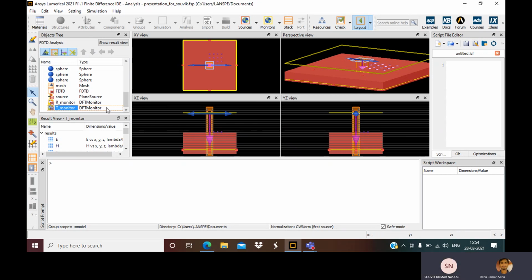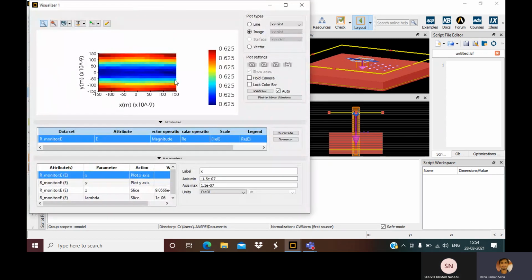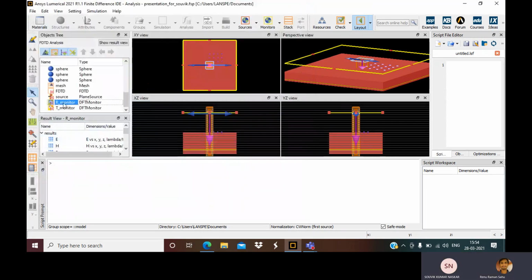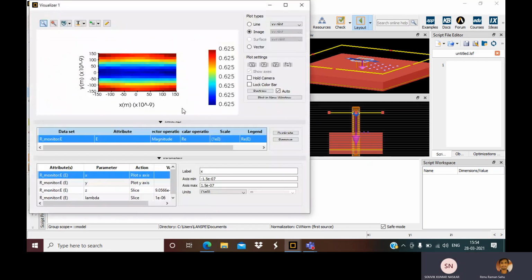Then you can visualize the electric field plot. Just right click here. Last time we saw E, we have T, we can see E, H, P. This is electric field, magnetic field, and this is E cross H power. So this is electric field.